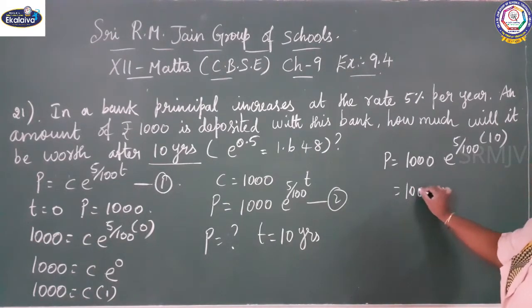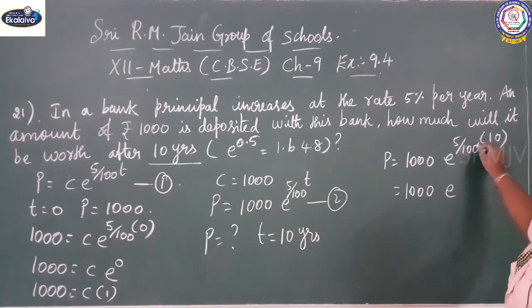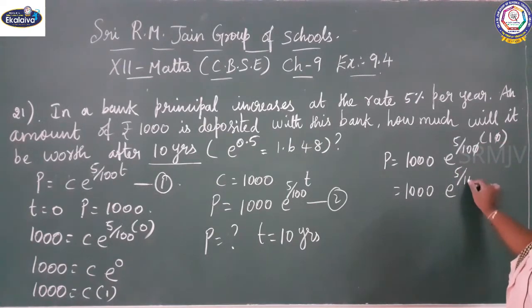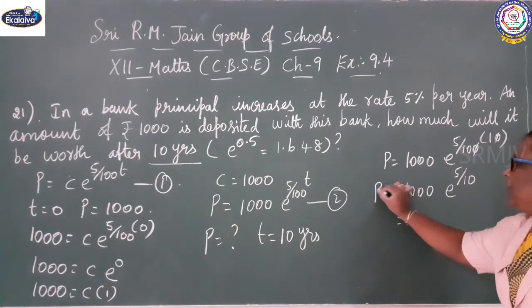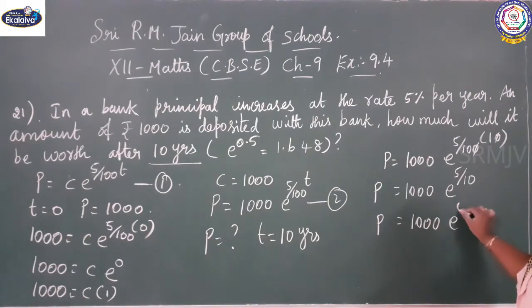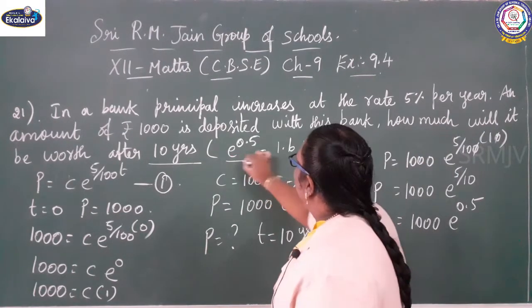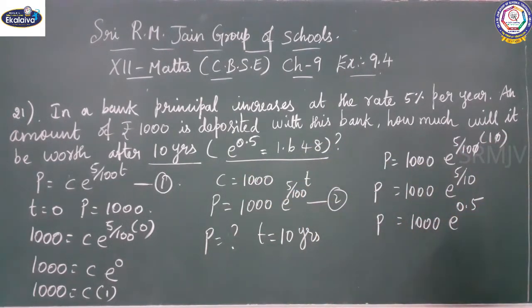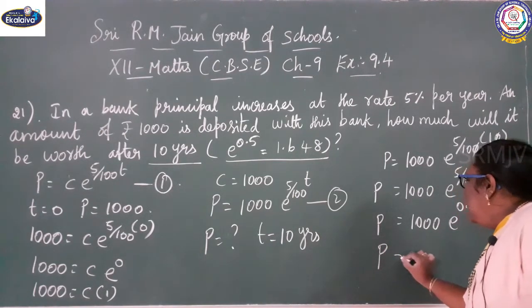So 1000 e power 5/10. Principal equals 1000 e power 0.5. 5/10 is nothing but 0.5. That is given in the question itself. Exponential value e power 0.5. Principal equals